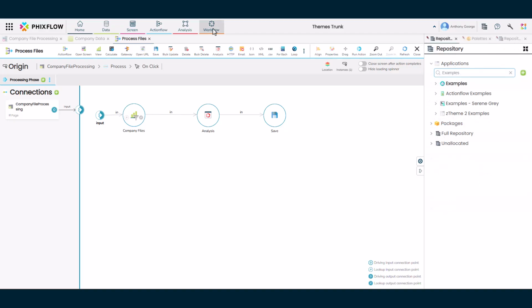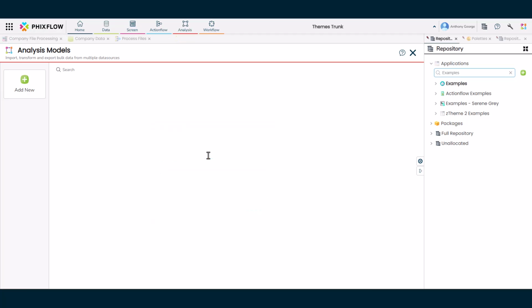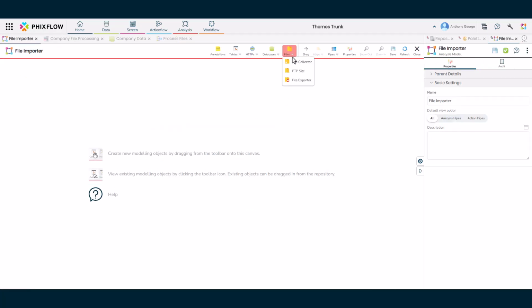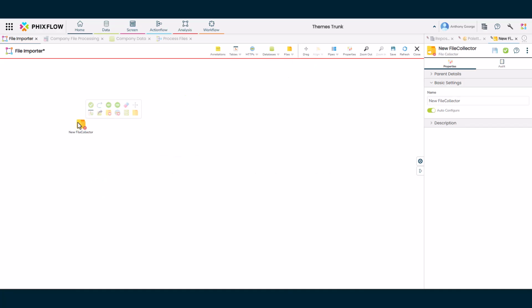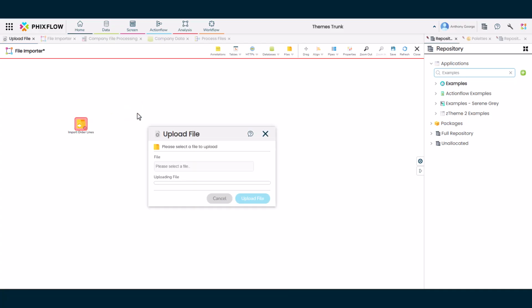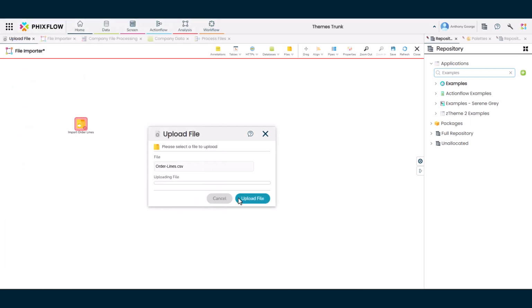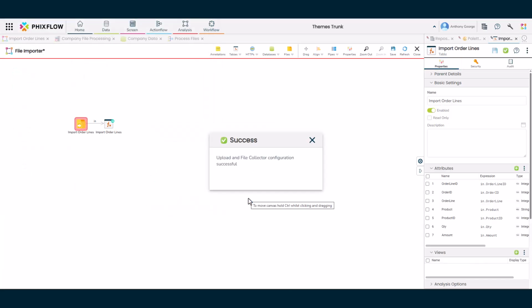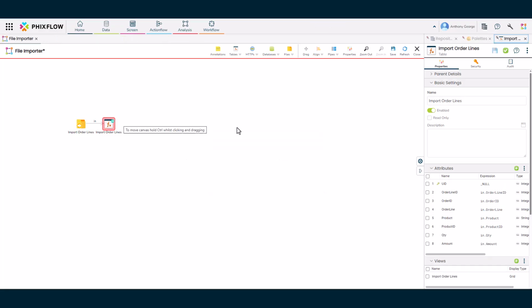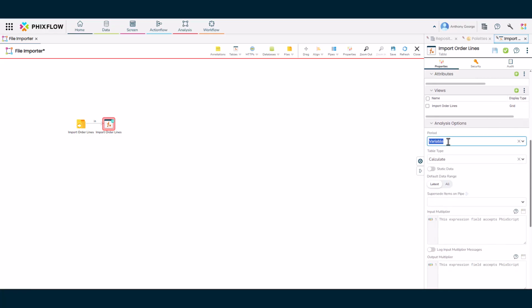Step 4 will create an analysis model. It's in here we will import the data from the file. Drag on a file collector and give it a useful name. Using an example of the file you will import, this is going to automatically create our table for us. Upload it to the collector. A table will be created that has the relevant attributes ready to read in the file table. On the table that has been created, in the Properties, in the Analysis Options section, set period to transactional